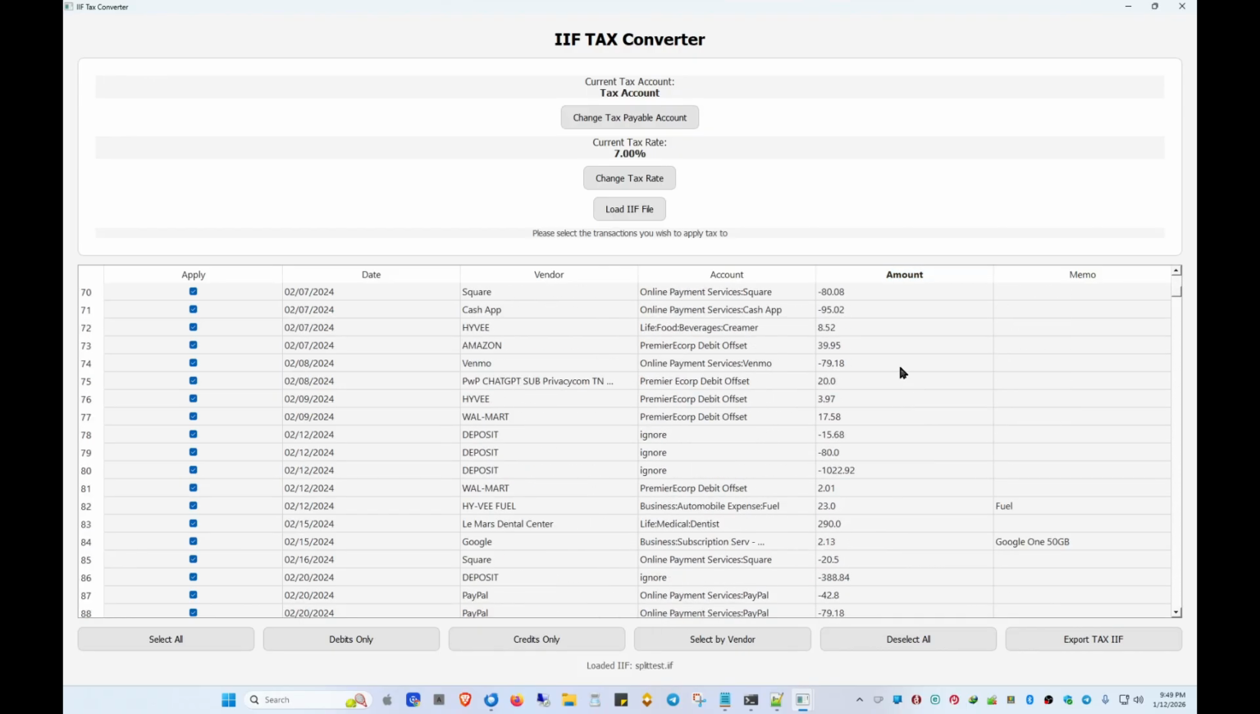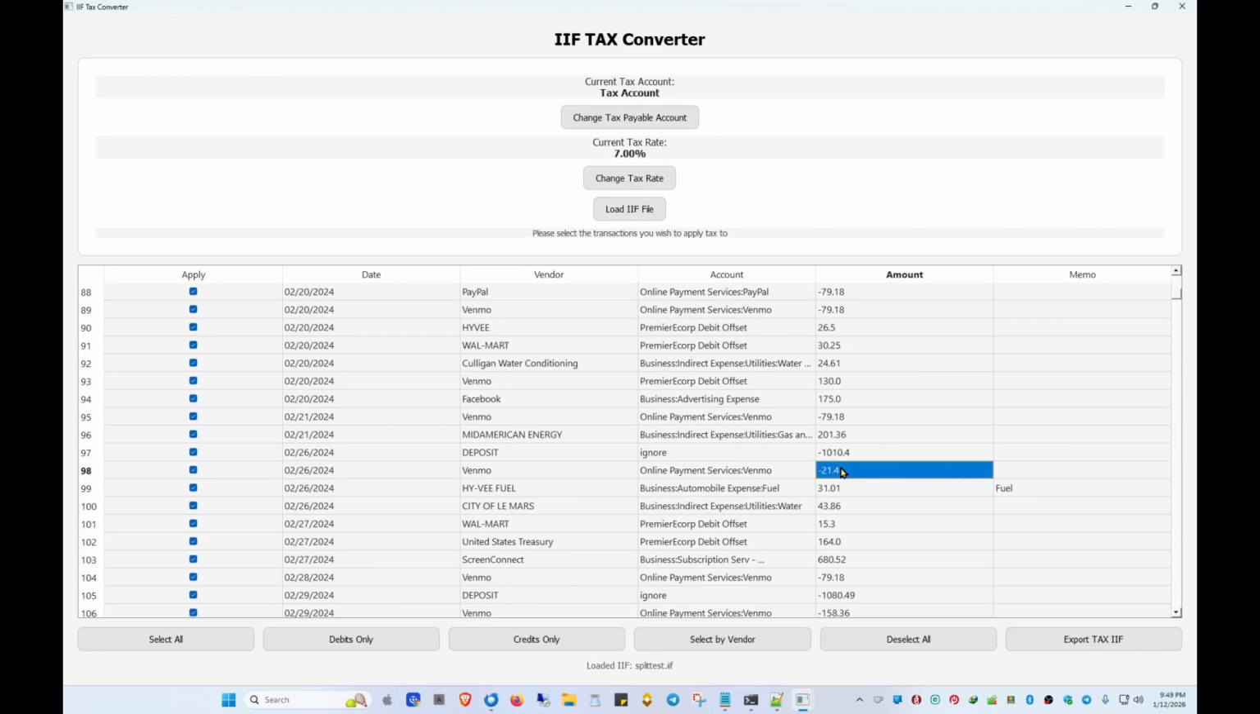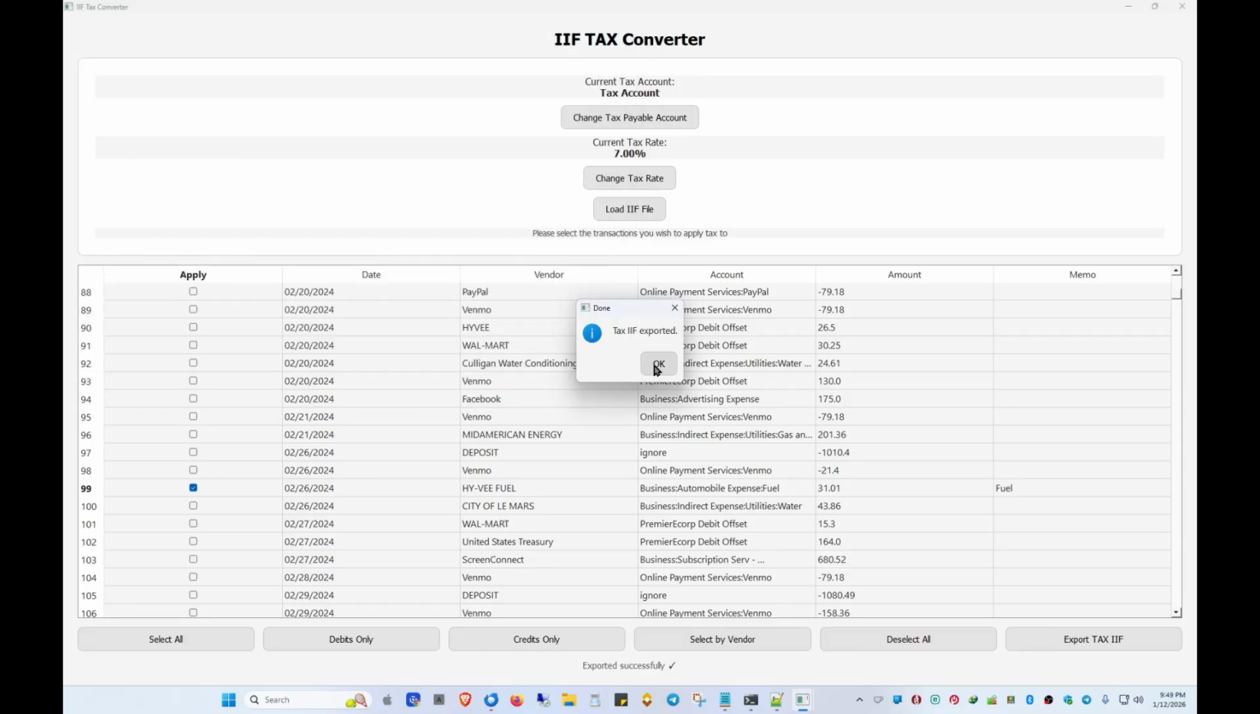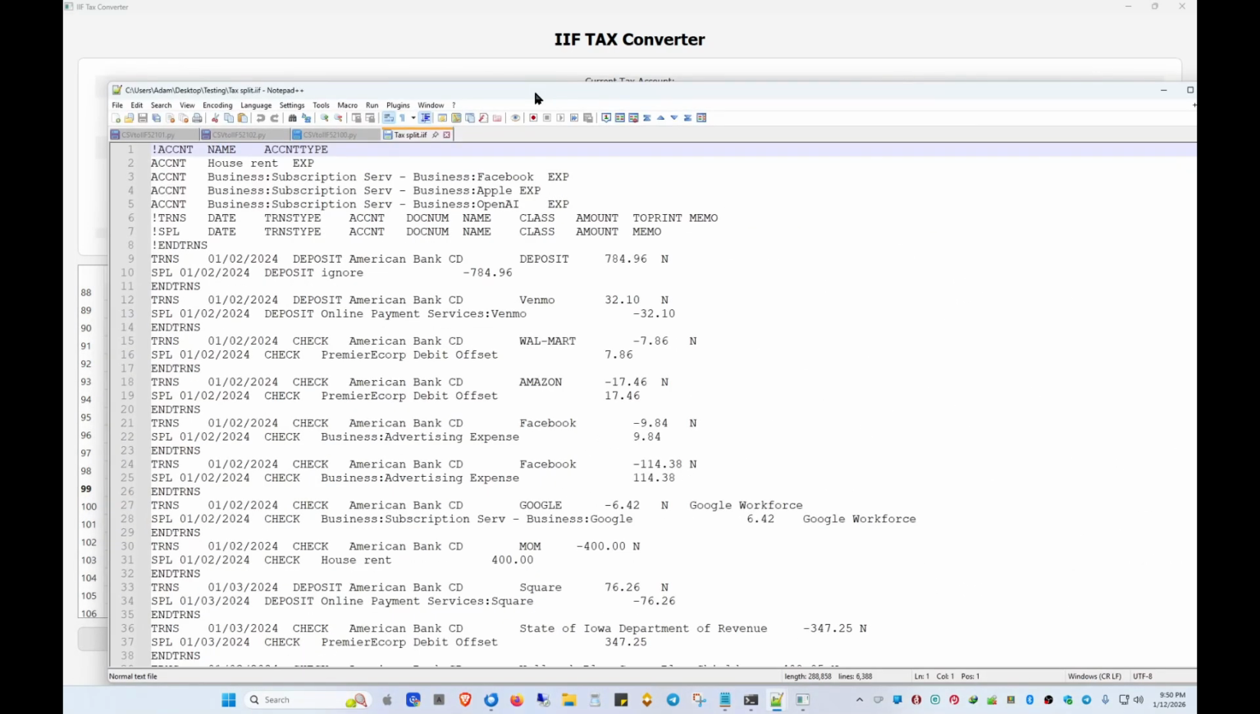So for instance, if we find one that I can actually do the tax easily on, which one here? 2140. So let's go ahead and deselect all, and we'll select 2140. And if we export the IIF tax split, or whatever we're going to call it, it will then resave the IIF file with the tax split out of that transaction. So if that is on 2/26/2024, we can actually open up my IIF file